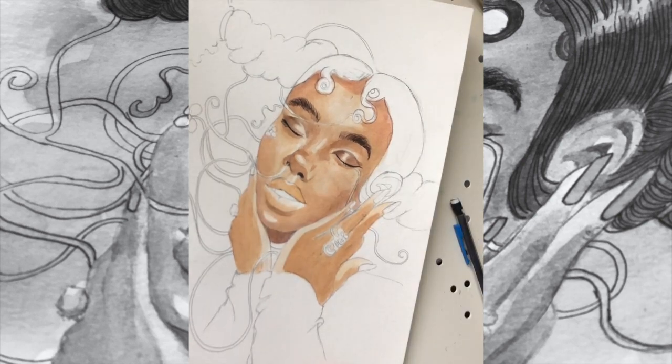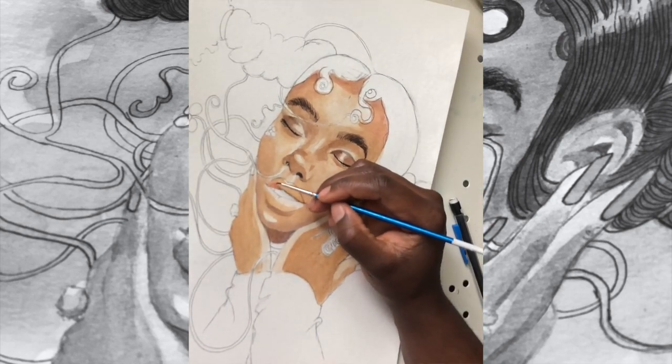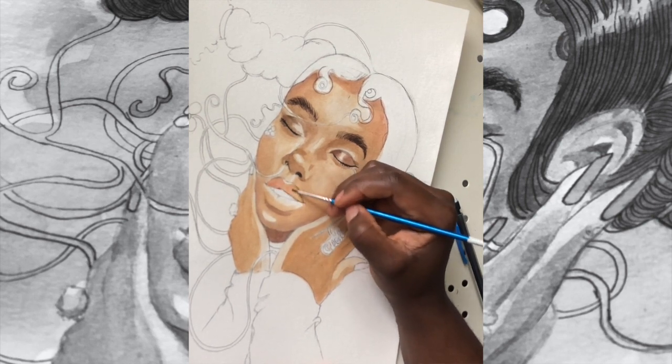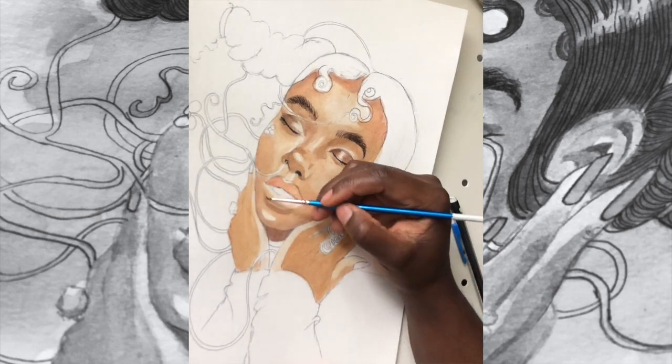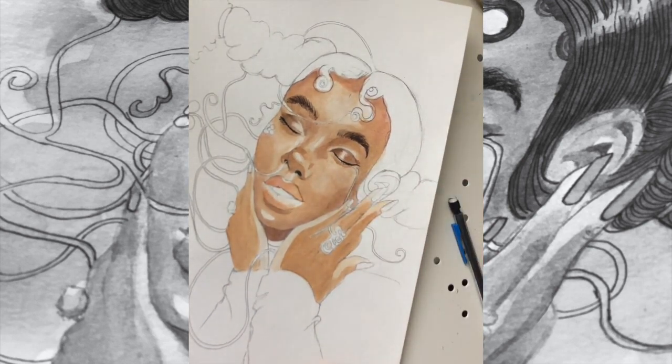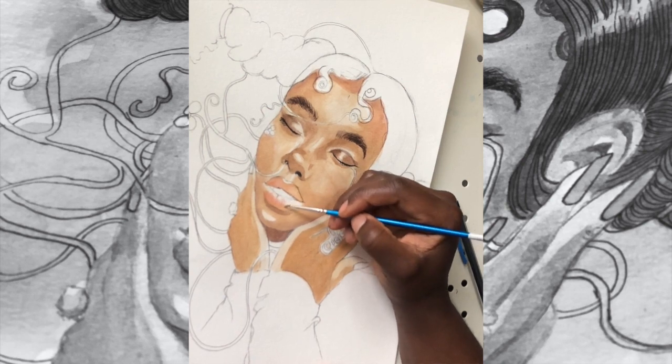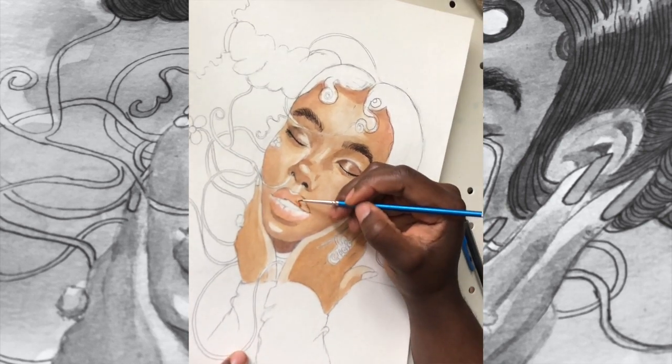Now we're on to the lips. With the lips, you'll find I do a lot of different layers. So I did a brown layer at first, and now I'm doing a pinkish soft layer for both the top and the bottom. And then in the next clip, you'll see that I'm going to be doing a darker shade